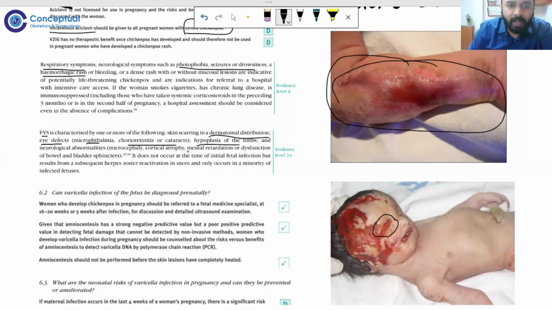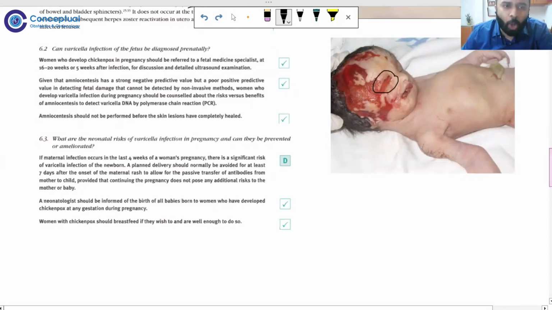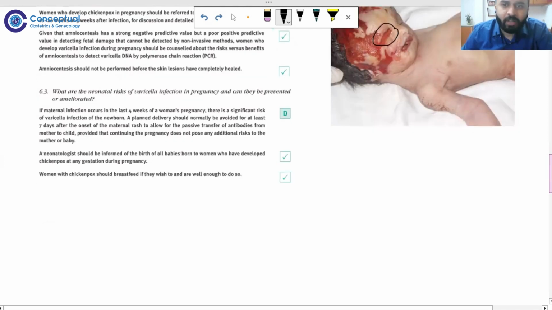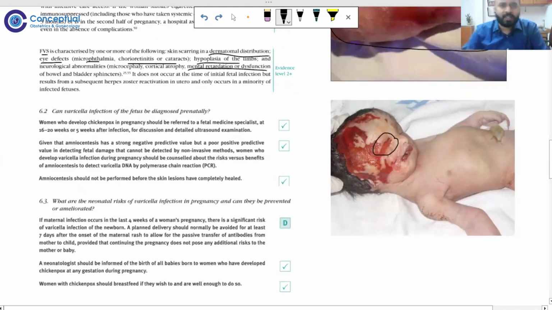Also, there is going to be mental retardation because of the central nervous system affliction, and autonomic nervous system dysfunction is going to be there. Autonomic nervous system dysfunction is going to cause bowel and bladder abnormalities, and this baby will have a very poor prognosis. And even if it does survive, it will have a lot of deformities because of this disease that it has incurred. So, how do I diagnose if this baby has gotten this infection while it is still inside the